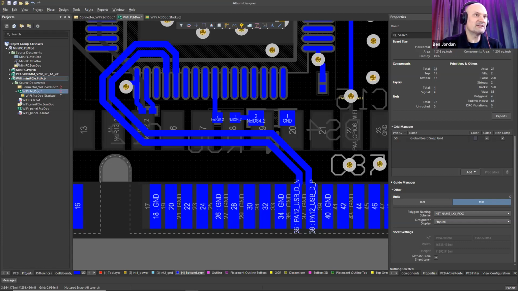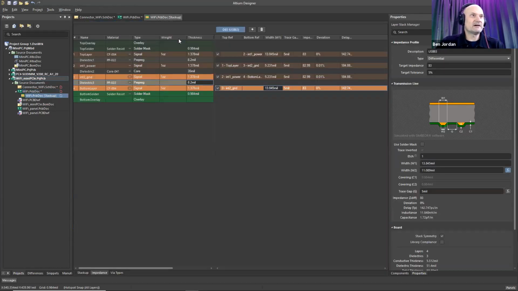Lyndon, you had a question saying, I often use 1/2 ounce copper on the top layer, but it gets plated up to 1.5 ounce. How do I get this accurately reflected in the stack up? It wants to jump between 1 ounce and 2 ounce. You can actually specify the thickness. If we go to the layer stack manager, here under weight, that's the actual copper weight, but you need to adjust the thickness. And you can type in this field. You don't have to pick from this drop down. The drop down's there for convenience, but you can type